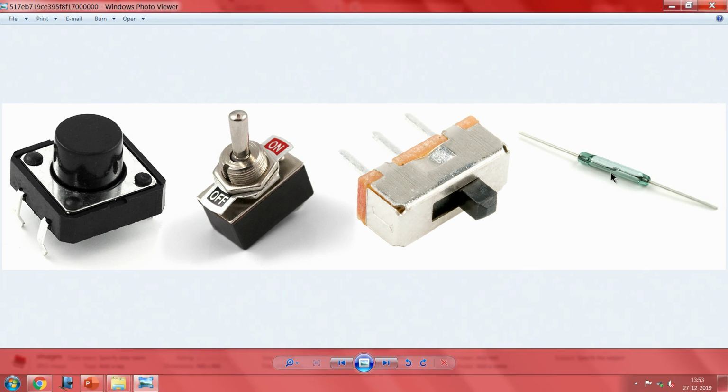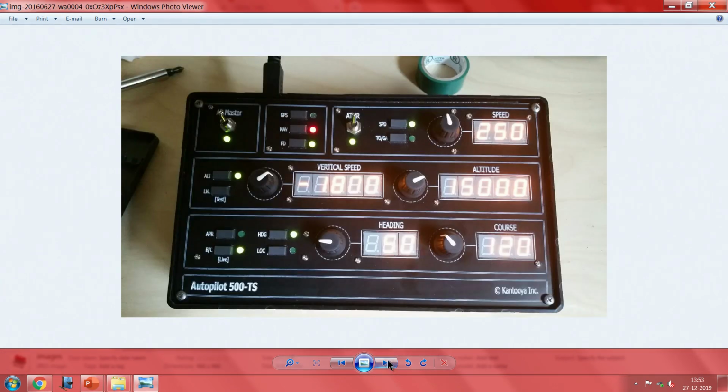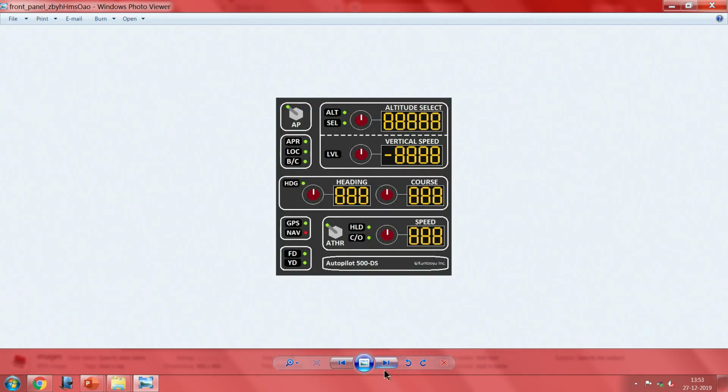And the extreme right is what is called a reed switch. Occasionally these are also used for switching things, but not necessarily out of mechanical action. It may be a magnetic gate switch, it may be a float switch, or it may be something where, when you close something, a safety thing gets closed. So, normally open, normally closed, all types of things are available. When you are trying to make a panel like this, we come back to the old problem: is it the chicken or the egg first? Obviously it is very real, both are needed.